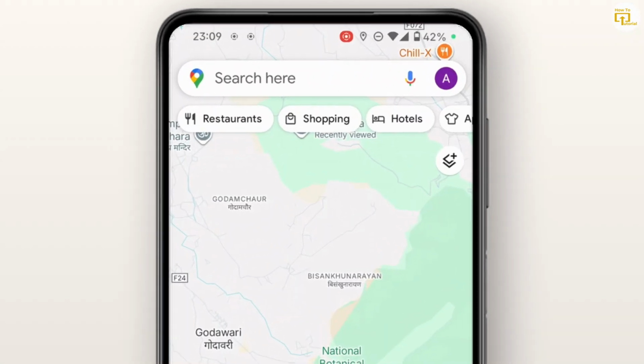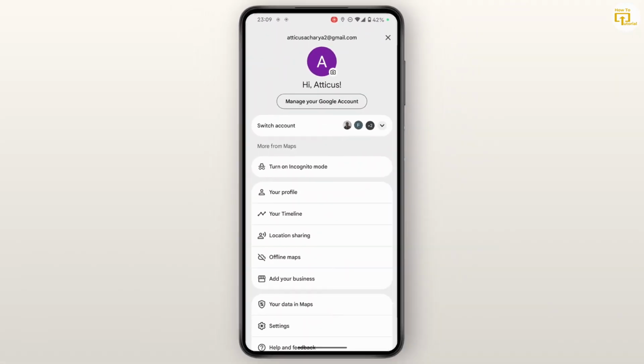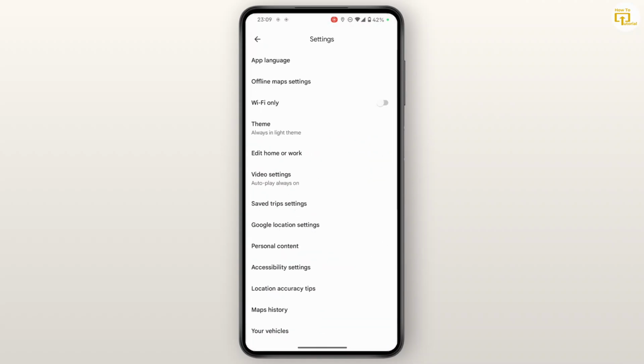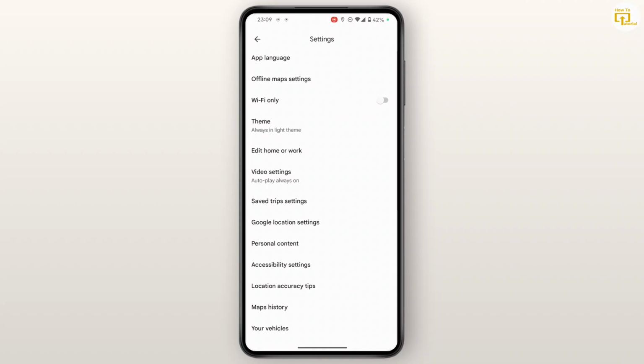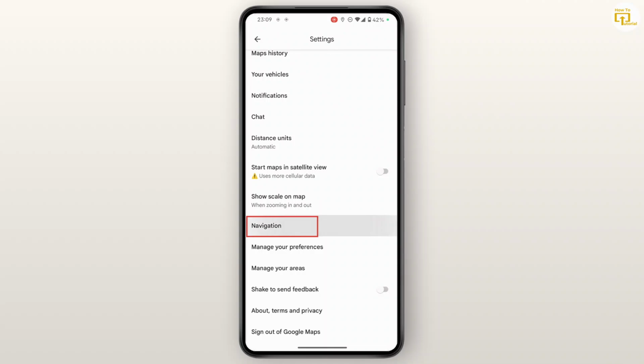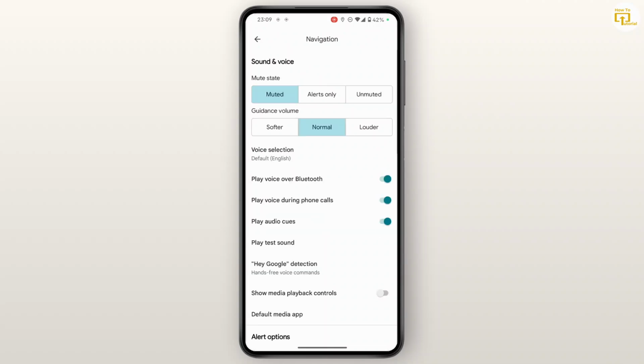For a fixed solution, what you can do is go back, and now after you're on your Google Maps, tap on your profile icon on the top right. After you do that, you can then tap on your settings. On your settings, you will need to search for an option called navigation settings. So search for navigation, open it up, and from here all you now have to do is under sound and